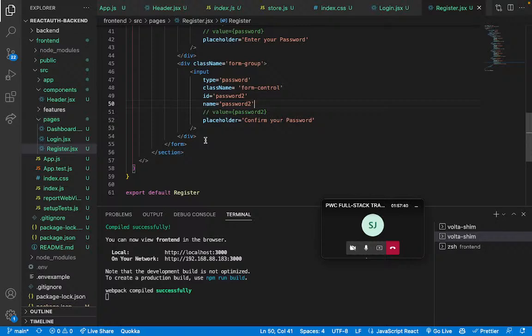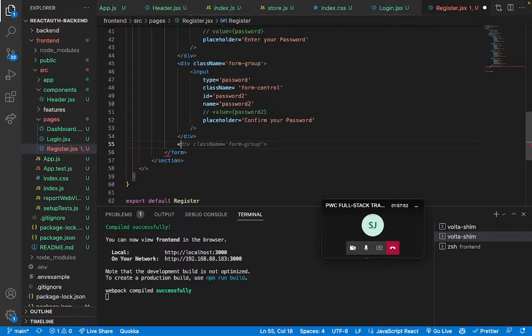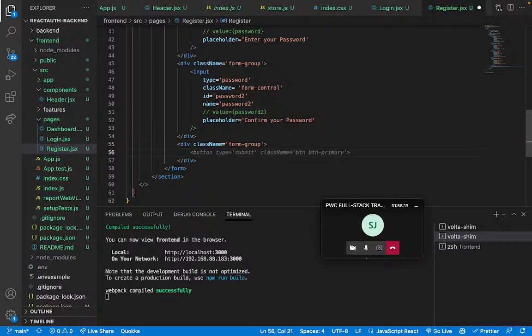Okay, nice one. So I'm gonna come just below the div. You can see this very div here. So I'm gonna set up another div with form group as the class name, and make sure that I close it immediately so that I don't run into problems. You all know that's how we do it. So once we create, we'll close it immediately so that we don't run into problems in future. Then inside this form group,